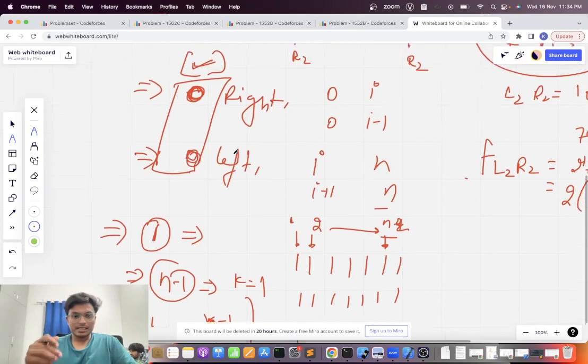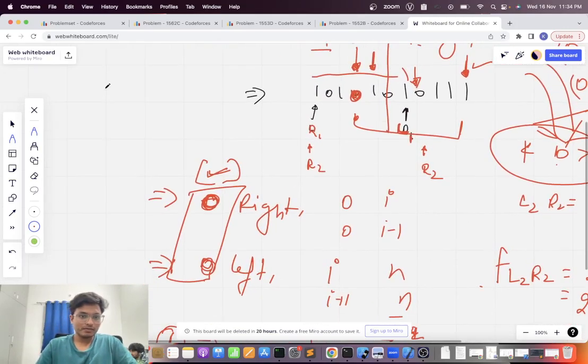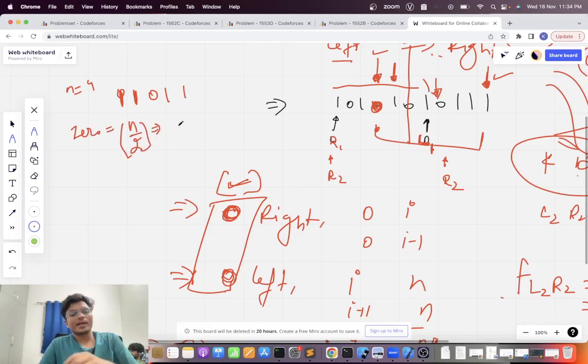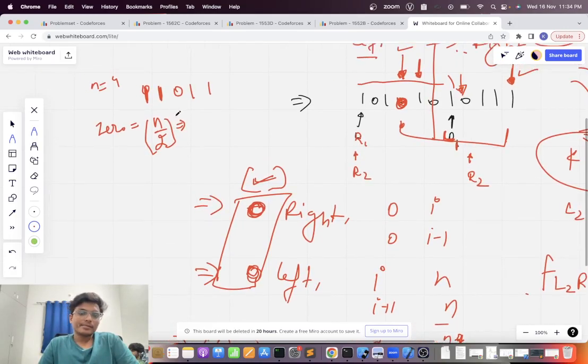So one point here is, what if, let's say, n is equal to 4, one, like the node will be something like that. So we got a 0 at n by 2 exactly. We got n is equal to 4, sorry. If n is equal to 4, if we got 0 here,